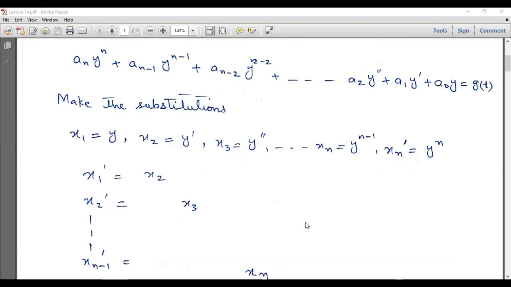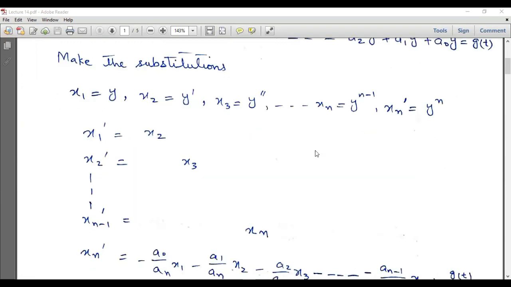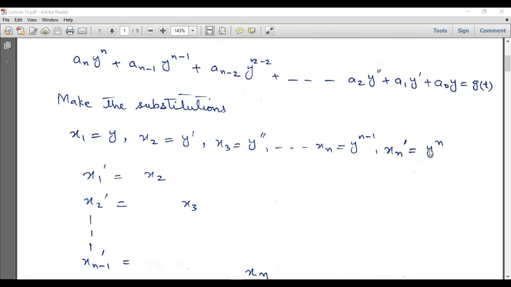So we will make such substitutions, and after making them, we will see that the derivative of x1 is equal to the derivative of y, and the derivative of y is equal to x2. So x1 derivative is equal to x2. Similarly, x2 derivative is equal to x3, x3 derivative is equal to x4, and x(n-1) derivative is equal to xn, and finally we will have xn derivative, which is equal to the nth derivative of y, and that will be evaluated by